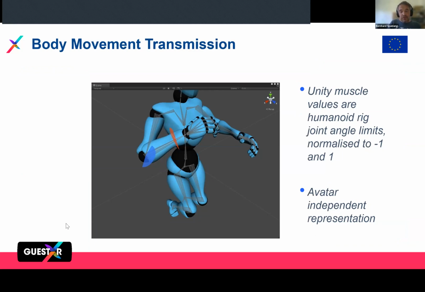For body movement transmission, we're using a quite special way, which is a very Unity-internal way of representing body movements. It's basically the joint angle limits of avatars. These limits are visualized here, for example, on the elbow. And these limits are encoded, or normalized, to between -1 and 1. With this representation, it's possible to have the maximum and minimum range of a body movement encoded in a float value between -1 and 1. The advantage is that it's independent of which avatar the movement is played back on. So if an avatar has less movement range, it's still a range between -1 and 1, which makes